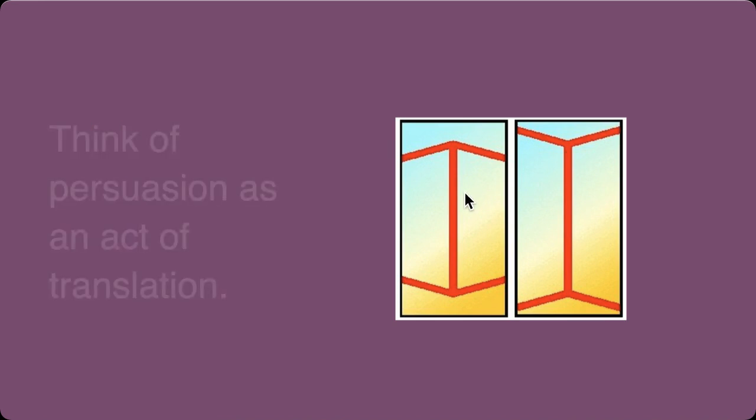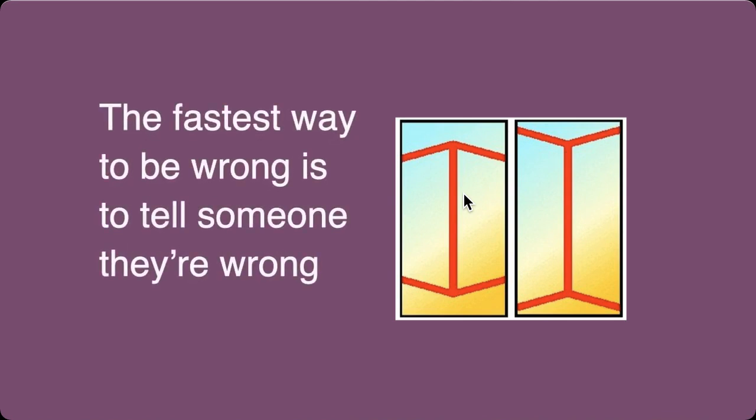So why is that? Well, the fastest way to be wrong is to tell somebody that they're wrong. The fastest way to lose rapport is to tell someone you disagree with them. The fastest way to create a conflict or an argument is to take an opposing position. It is entirely unnecessary to give your opinion if you want to change somebody else's. And in fact, as I've said, it often makes it harder to change somebody's mind once you have done.